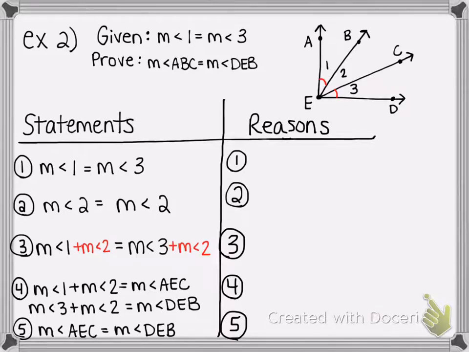So let's look at example 2. It's a lot more in depth than example 1 was, but this is realistically more likely how you're going to see proofs. So let's work through this. You have your statements, you have your pictures. You're given that the measure of angle 1 is equal to the measure of angle 3. So angle 1 is here, angle 3 is here. Well, yes, they're equal because we have our little red tick marks. But anyway, we're trying to prove that the measure of